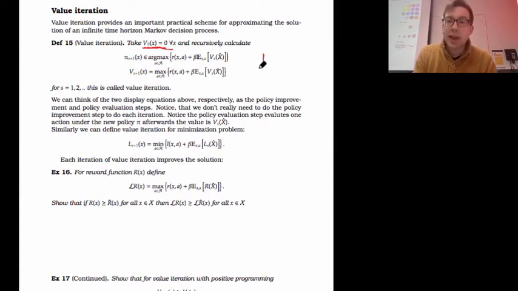So let's think about this again. Notice that what I've done here is I'm at time 0 and I get no reward. Then, at the next time, I take the action that maximizes my reward over one time step. At the next round, I'll take the best action that maximizes my reward over two time steps. And the round after that, over three time steps. Does that make sense to everyone? Why don't I draw this in a picture?